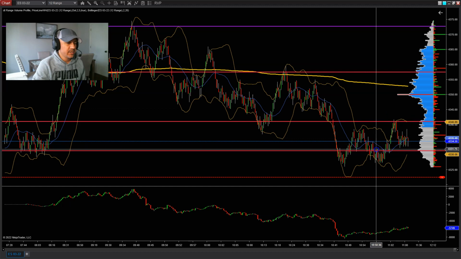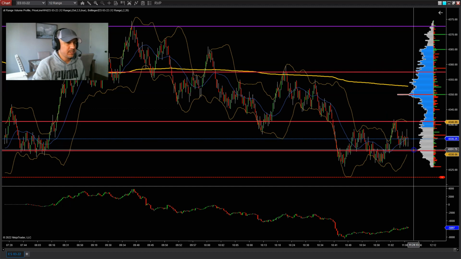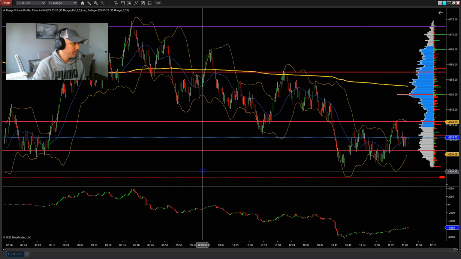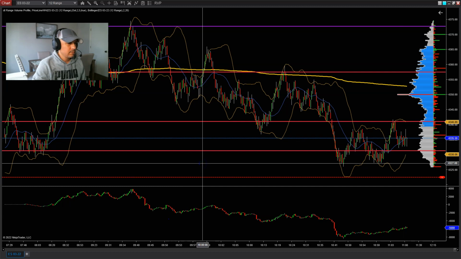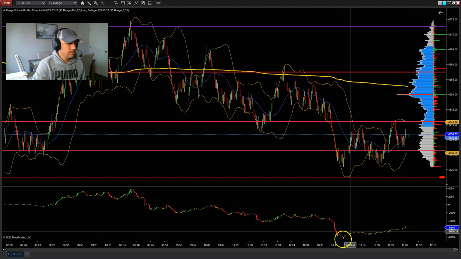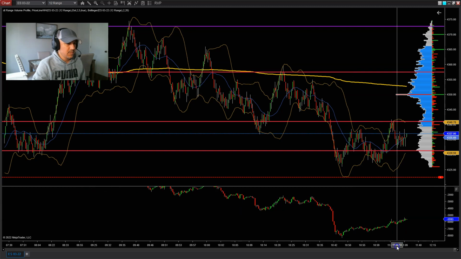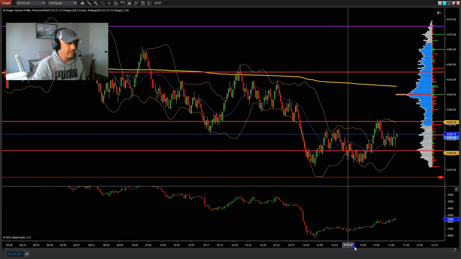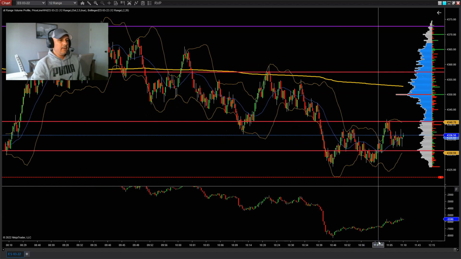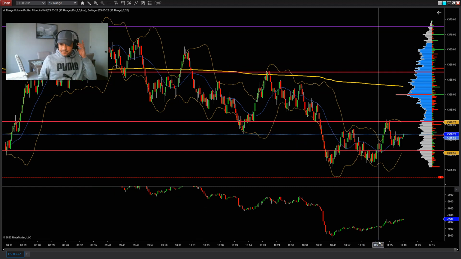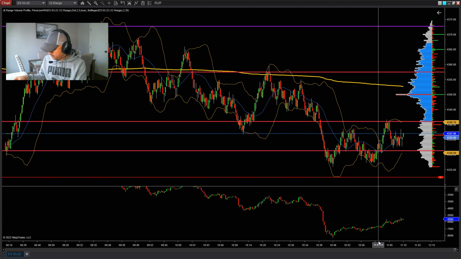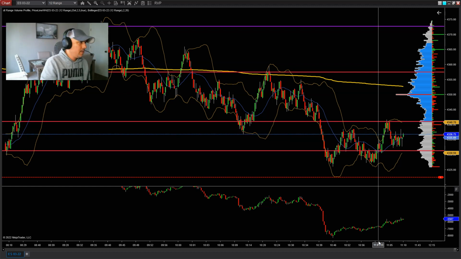It's moving sideways right now. See it bounce in this area right here. See if I can make delta a little bigger here. But yeah, you have to look at multiple charts, guys, to be able to